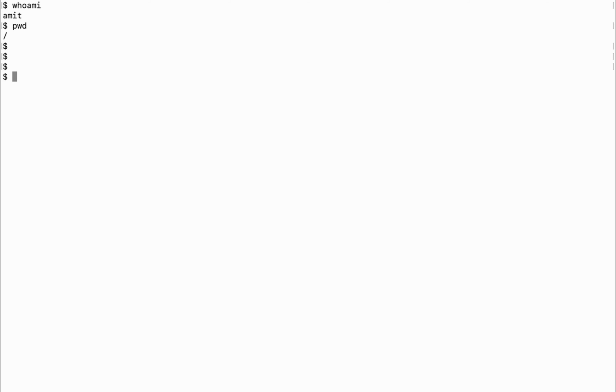So the first dependency which we have to install is Apache Server. Let's go ahead and install Apache Server. This is the command to install Apache 2.